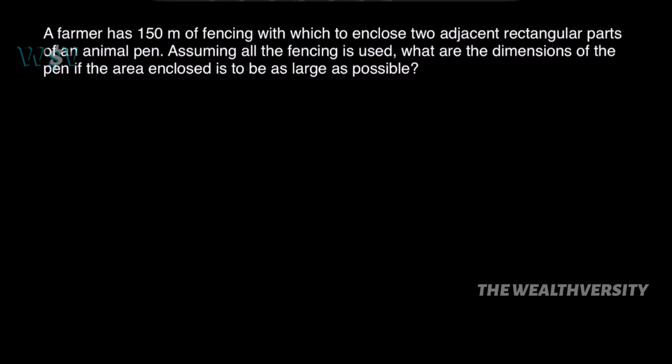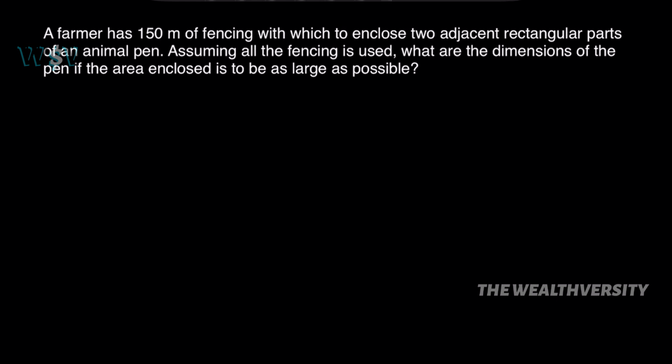Today we will be talking about solving optimization problems. The first optimization question we have is: a farmer has 150 meters of fencing with which to enclose two adjacent rectangular parts of an animal pen. Assuming all the fencing is used, what are the dimensions of the pen if the area enclosed is to be